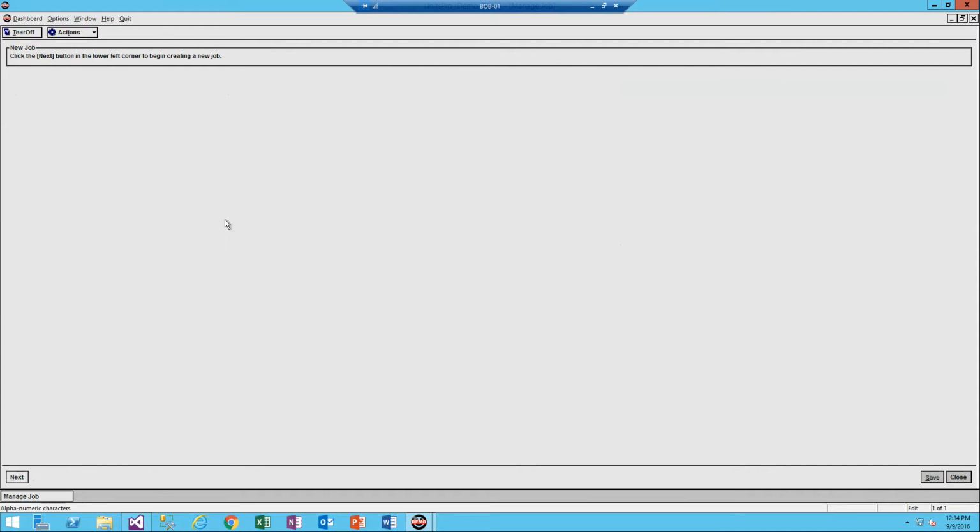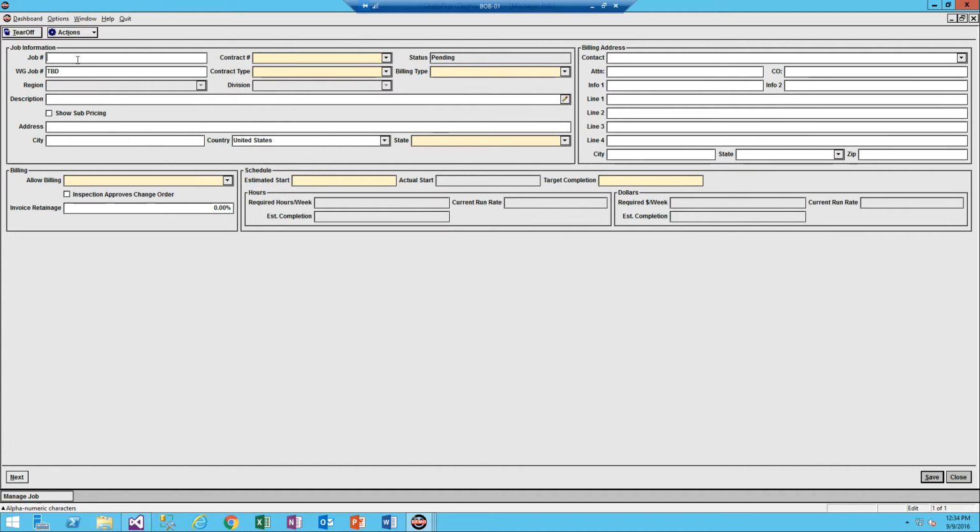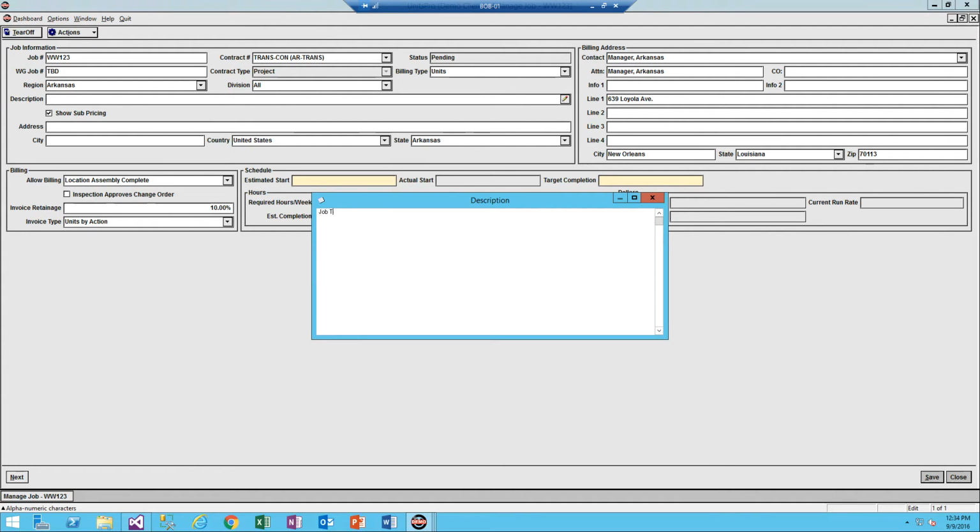and the new job wizard commences. Next, and begin entering our data. Enter our job number, pick our contract, which is going to bring in substantial information from the contract that we could modify. Give us a description of the job,